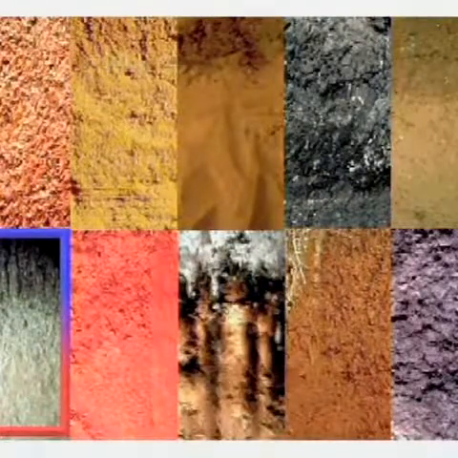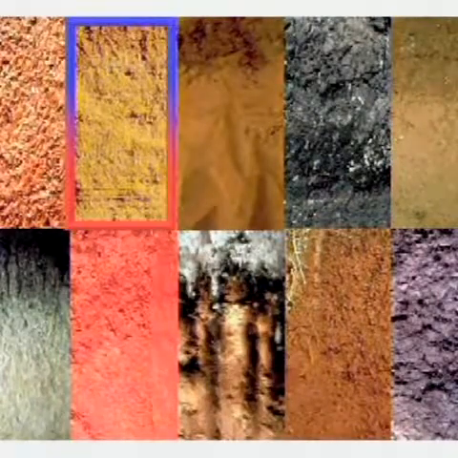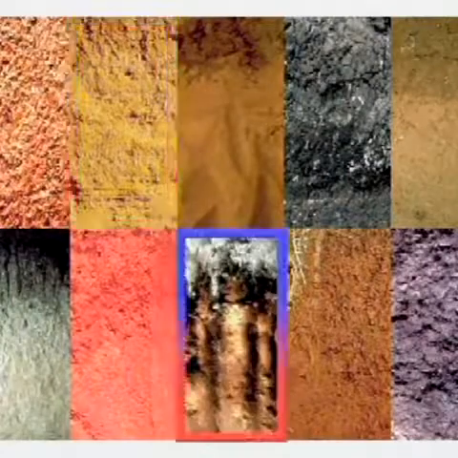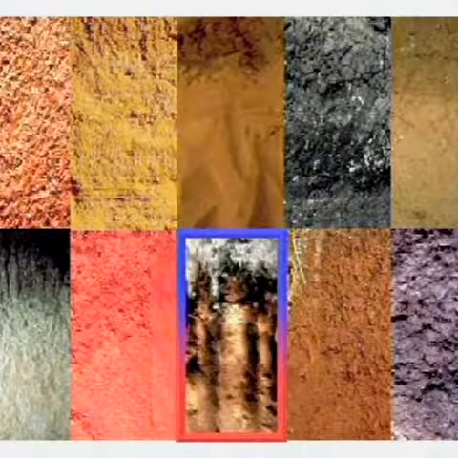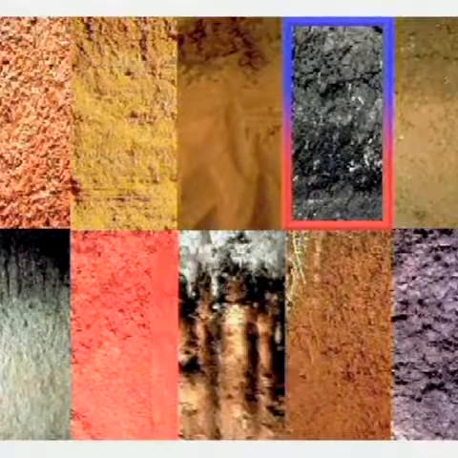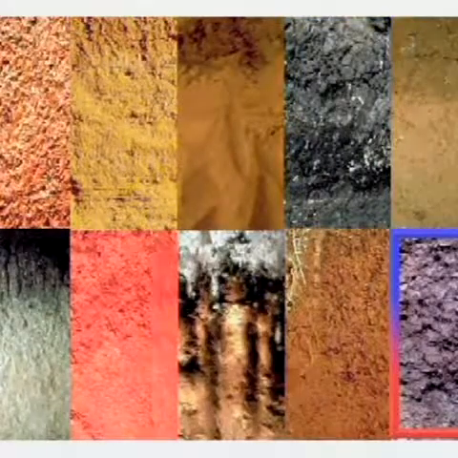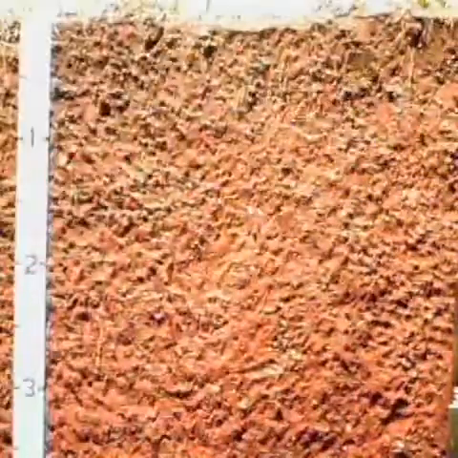Some are more developed than others. This means you can usually see the different horizons. They've had time to break down the particles of rock. Less developed soil means that they are newer soils. Let's now take a look at these 10 different soils.